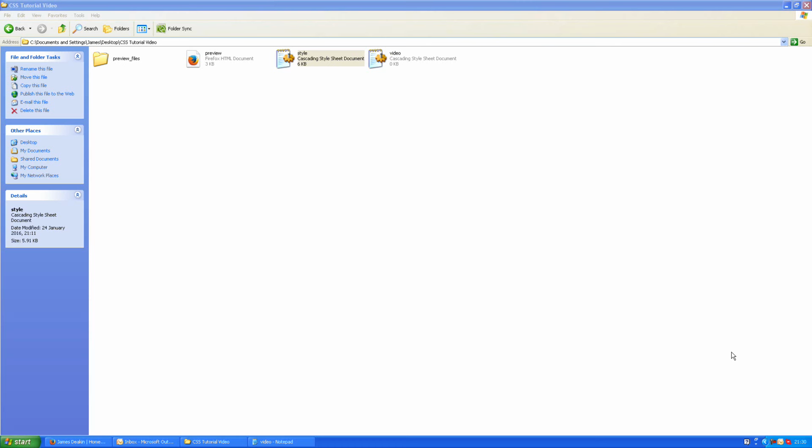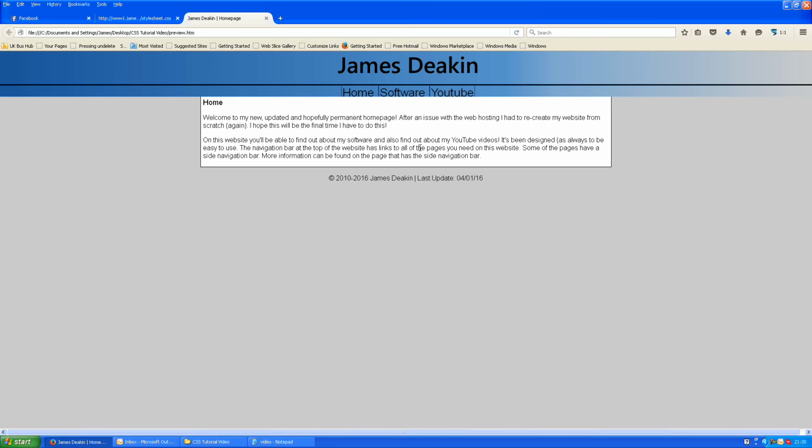Hello, well, to get back to video making, I'm thinking let's start by making a CSS tutorial. I'll show you the website. Basically, we're going to make something that looks a bit like this. We won't have the colours and the logos and whatnot, but it'll basically be this layout. It won't have the gradient, it'll just have a block colour, and that's just to show you where different things